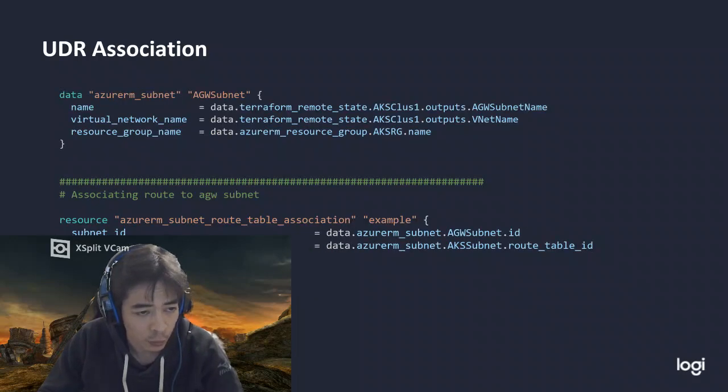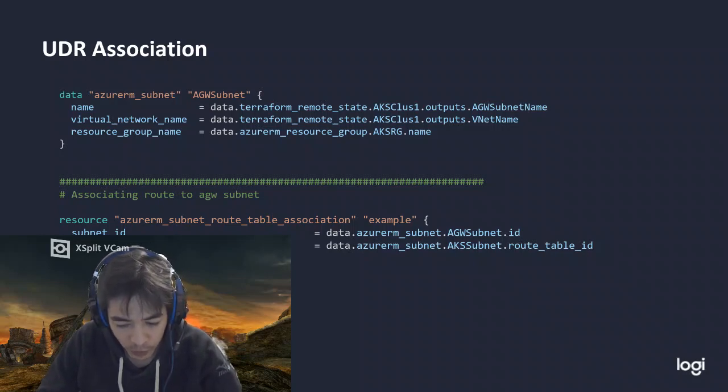Then I have the association of the route table from the Kubernetes cluster with the application gateway subnet, and for this one I'm using a little trick. I'm doing that in two steps, as a matter of fact, but I'm referencing the route table through a data source that I get from the data source of the subnet.